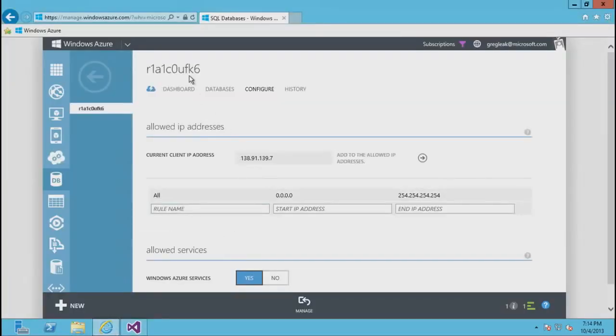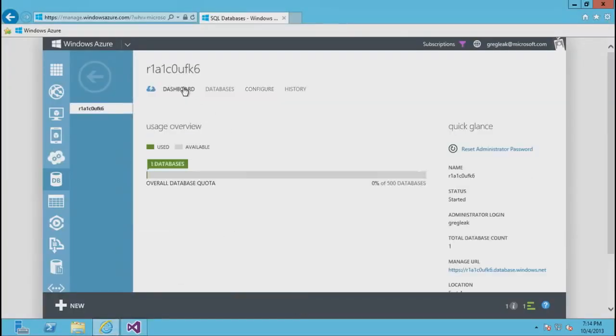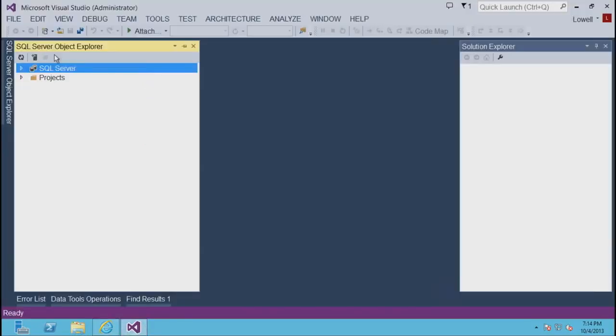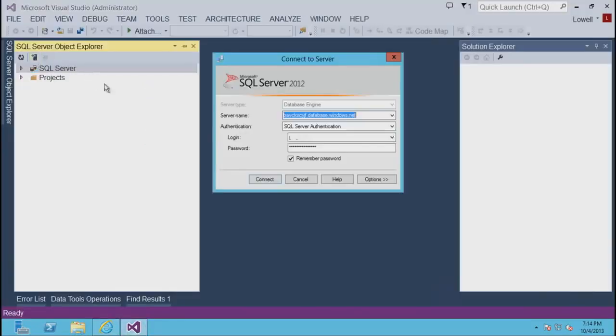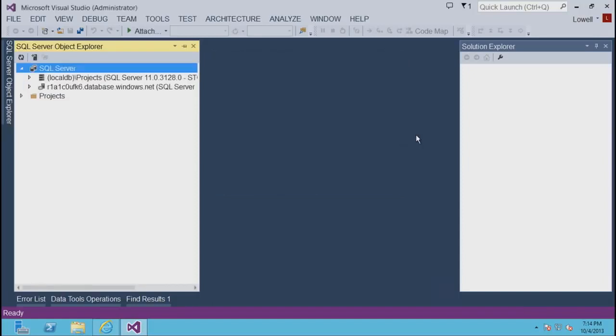So if I go to my dashboard, I can see my server name. This is this logical name. This is just a connection string. So I'm going to copy that connection string out into Visual Studio and create a new connection to this Windows Azure SQL Database. I'll paste that server name in. I'll type in my management credentials. And I'll say, remember my password, and connect up to this Windows Azure SQL Database directly from within Visual Studio